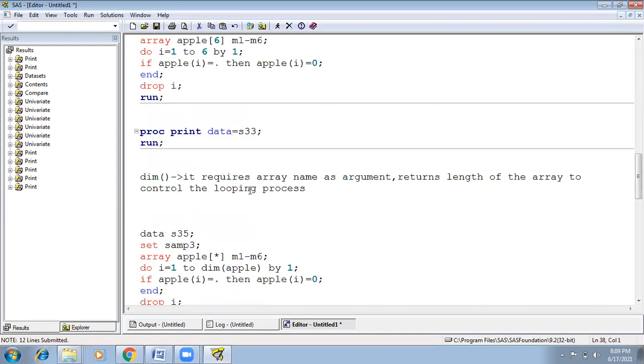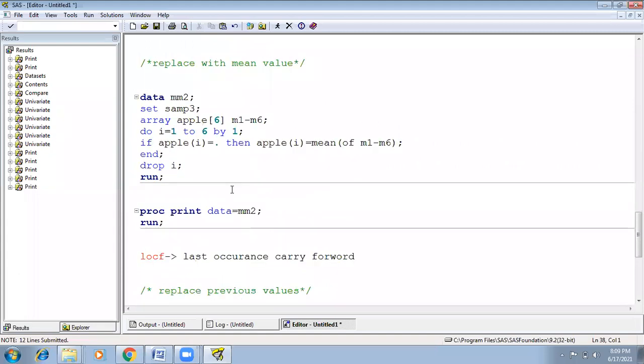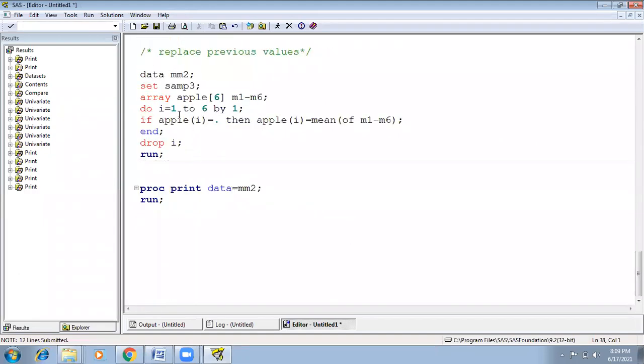Okay. Now run the loop process from 2 to 6 and replace with the previous value. Apple of I minus 1.